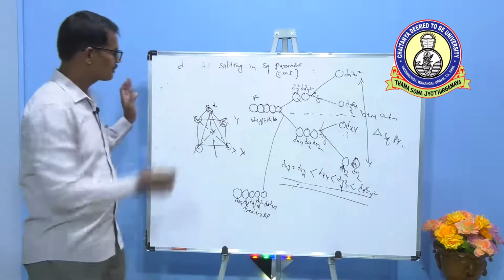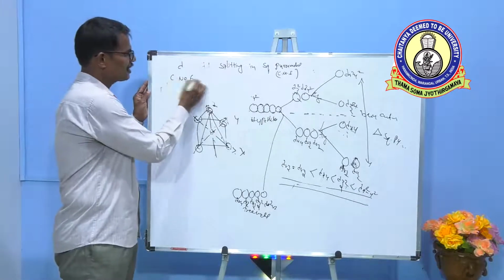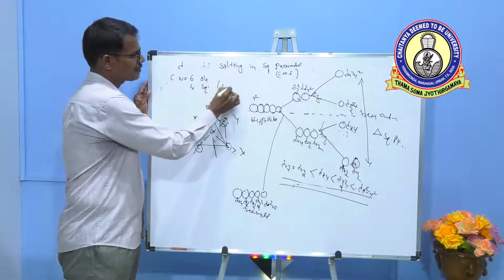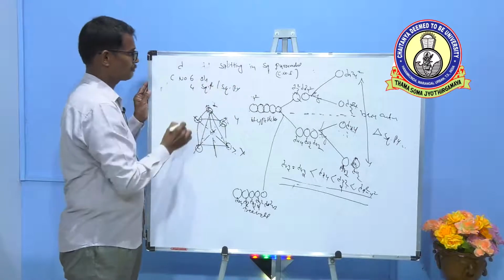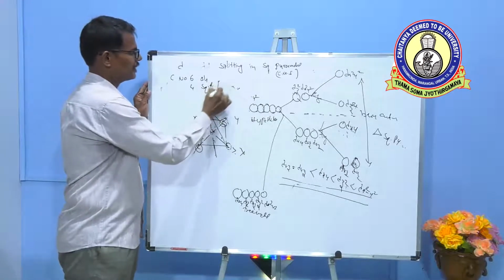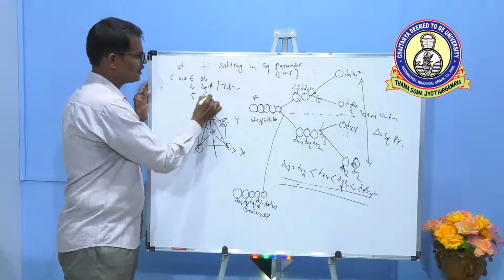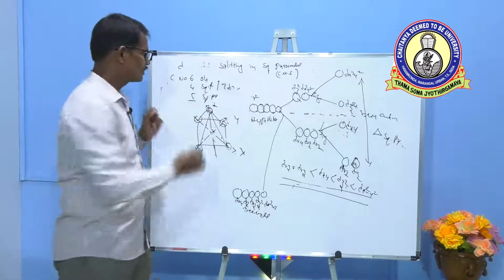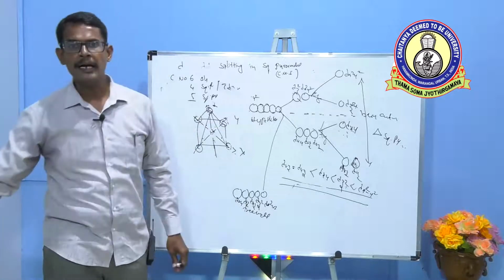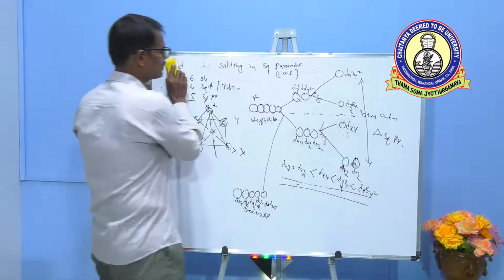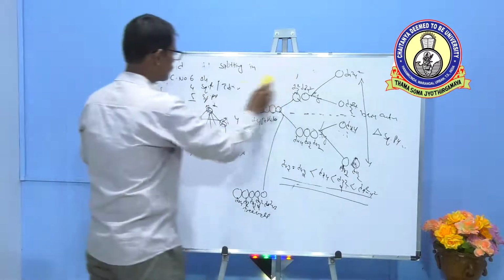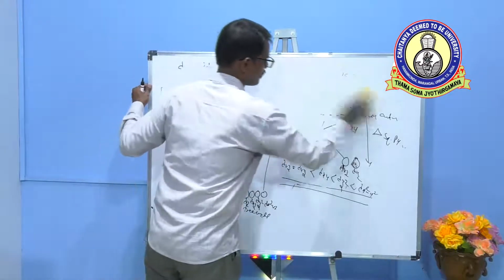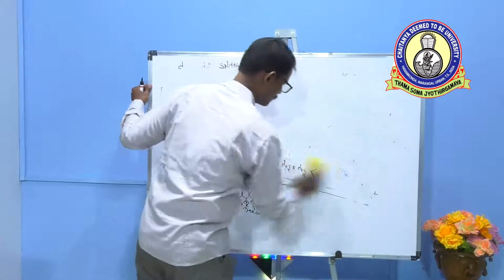So up to here we considered coordination number 6, octahedral, and coordination number 4, square planar and tetrahedral. For 5 it is square pyramidal. In coordination number 5, one more is there, that is trigonal bipyramidal geometry. If we consider this trigonal bipyramidal geometry, the d orbital splitting, the first part of our chapter, is almost completed.